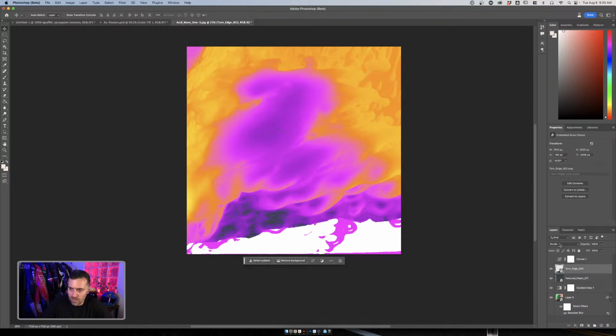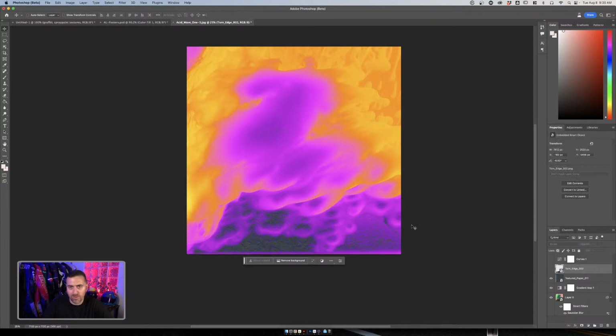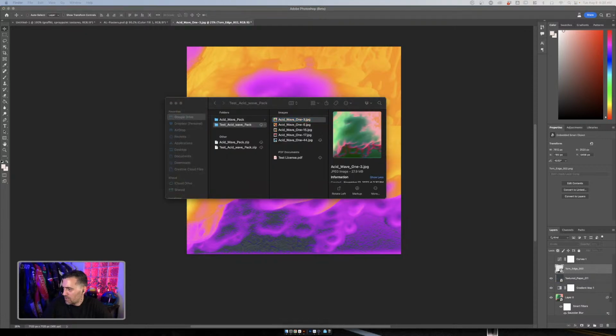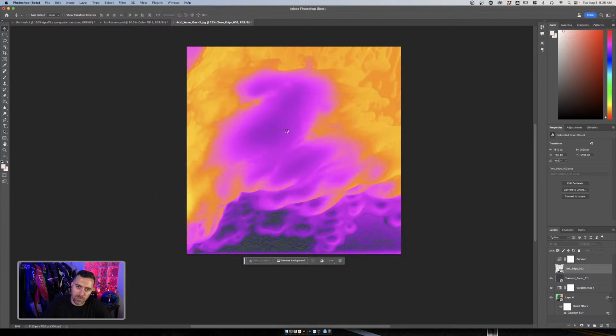Cool. Now that tear is getting a little bit too divided. Let's see. I can just lower it down a little bit. Maybe that's not necessary. Yeah, that's fine. Cool, that feels all right. Maybe I'll want to throw another texture on just in case. I think this might be an interesting one. Let's see.